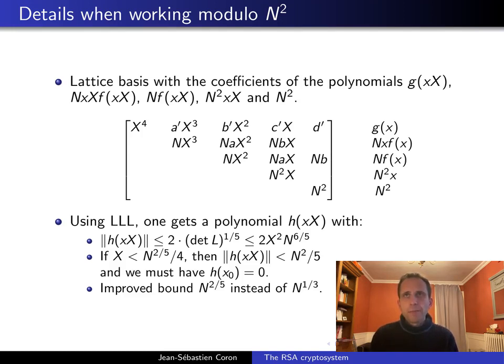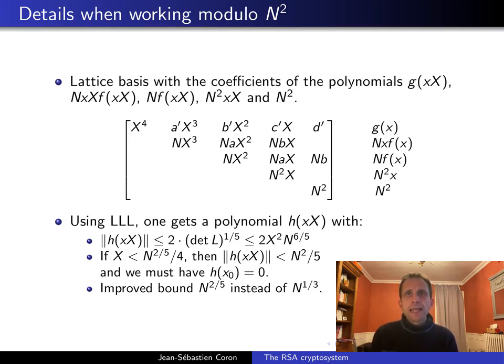So we have multiplied by the variable x. This means that the polynomial is shifted. So we have the coefficients x squared, x cubed, x squared, and x, but which are shifted. And so the polynomial is of degree 3 instead of degree 2. And we have also multiplied by N. So we get this second row. And for the third row, we simply have big N times f of x. So here we have simply multiplied by big N. And we have N squared x and N squared. So for each polynomial, we write the corresponding coefficients when we replace the small x by the big X.